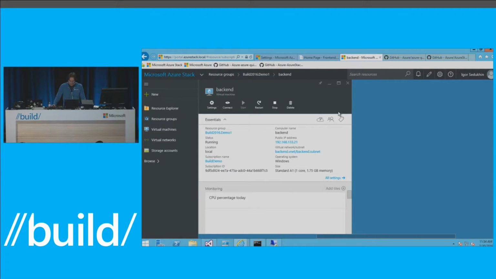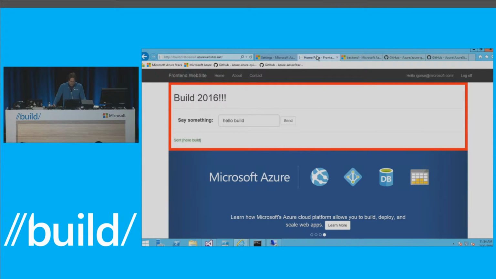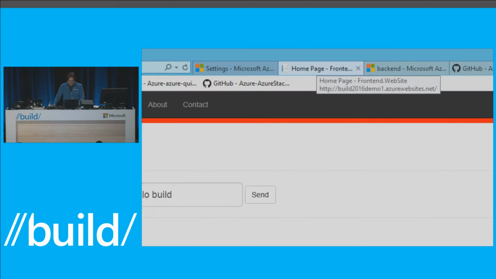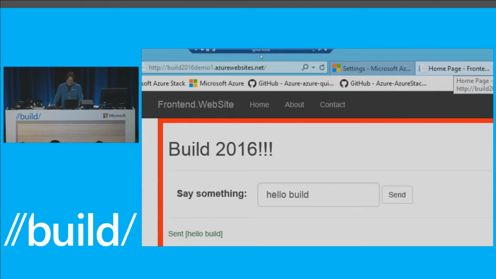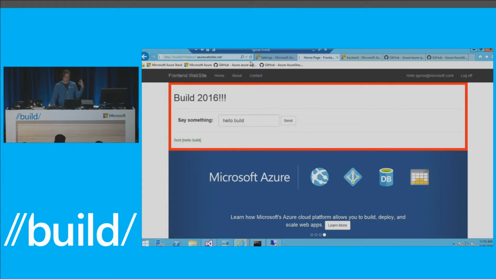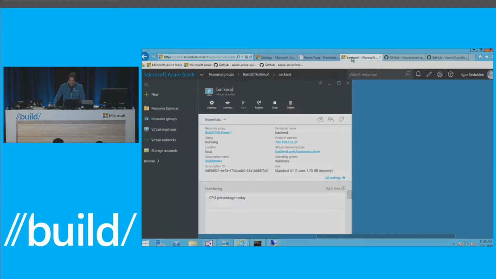So what I'm going to do now is, for a few seconds, close this. By the way, it's build2016demo1.azurewebsites.net. So if you're so inclined, go ahead and type something at the end of the session. We're going to take a look at it. I remember we had a long time ago this Build keynote where people were developing an application on stage and then it got hacked right away. So just go ahead and do it. It'll make for some entertainment. So that'll be my user voice tool as well. I'll hear what you've got to say.